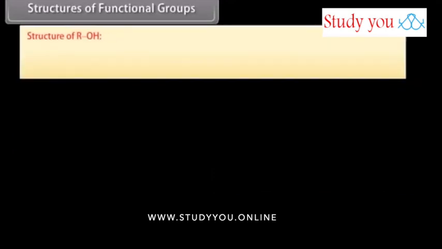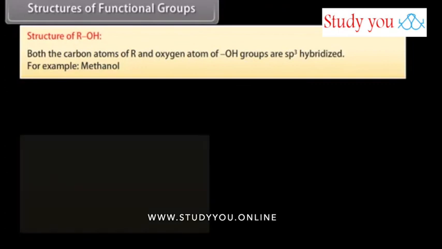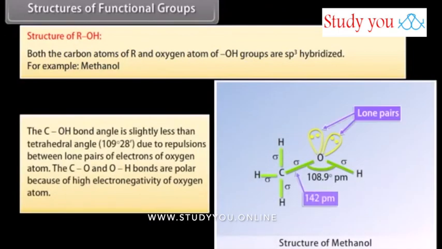Structures of functional groups. Structure of ROH. Both the carbon atoms of alkyl group and oxygen atom of hydroxyl groups are sp3 hybridized. For example, methanol. The C-O-H bond angle is